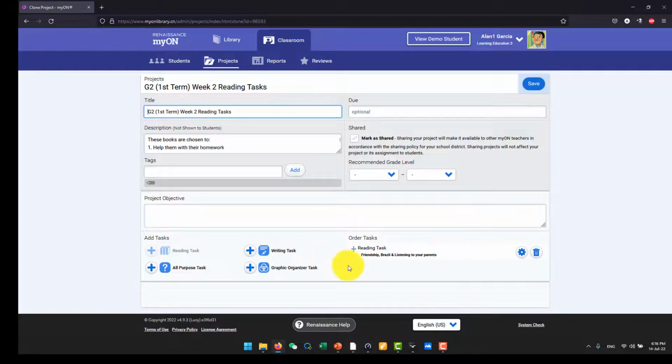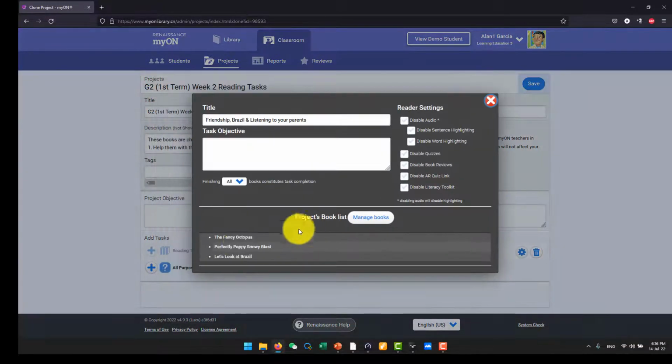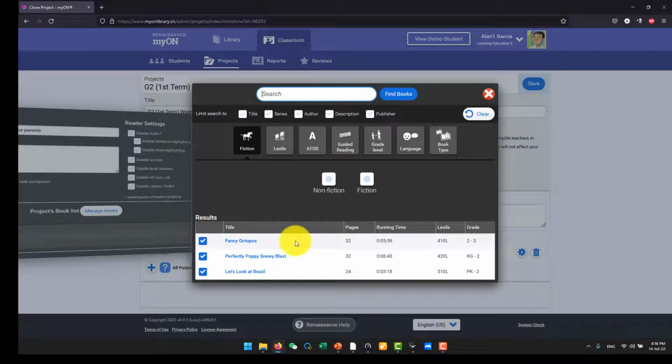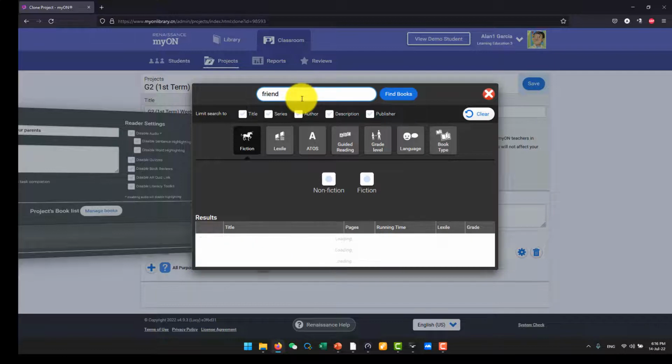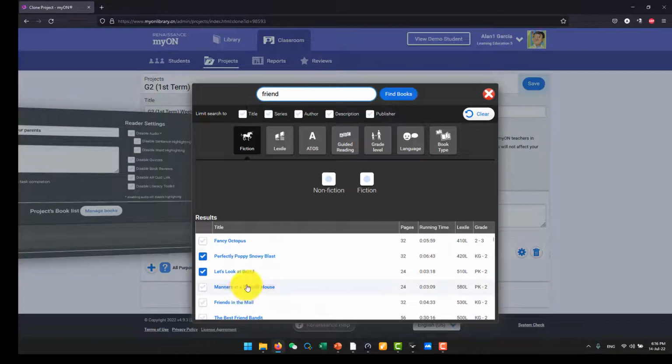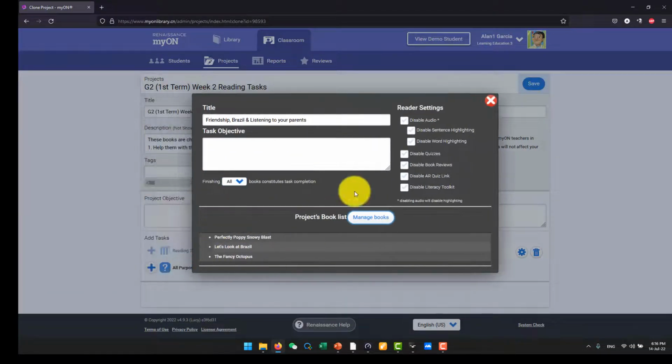If maybe you like 2 of the books, but one of them you didn't like, you can manage them, right? Select Manage Books. Maybe you don't like the Fancy Octopus for whatever reason. That's up to you, and you want to add another book. You can just change it here. Maybe you like another book about friends, like this one, Friends at a House. Read it first before you make that decision. But I'm going to stick to the one from head office, all right? So cross means okay,